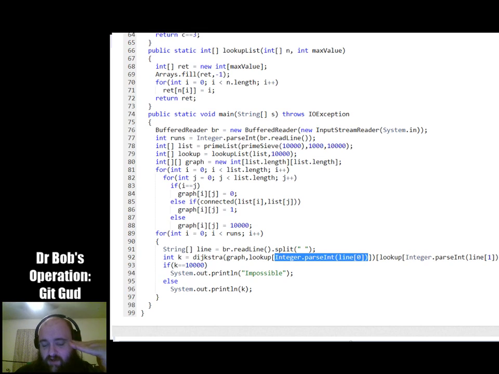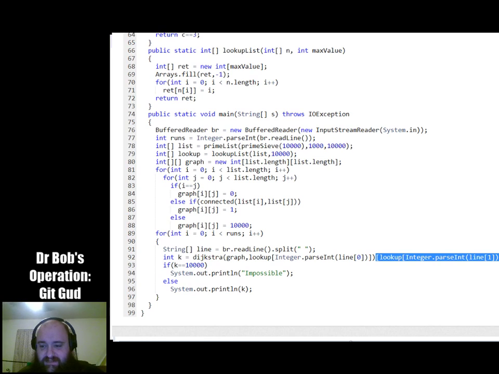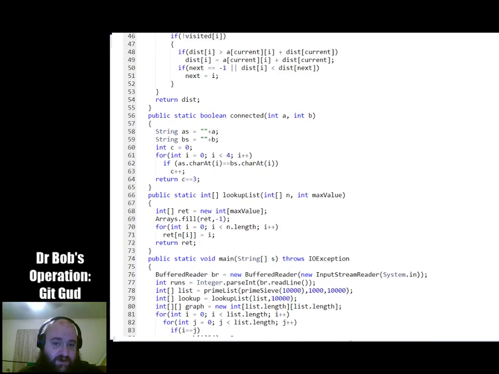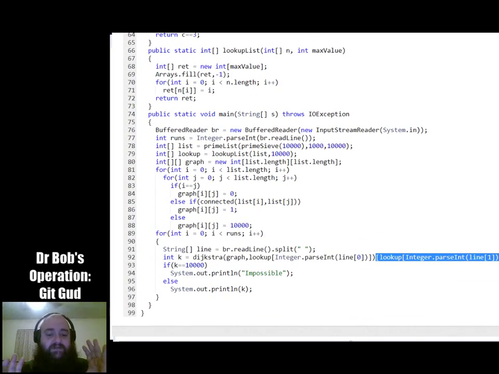I need to find out where that occurs in the list of primes so that I can find what node it corresponds to in the graph. That gets passed into the function, and the Dijkstra call actually ends right here. And then the next part is indexing into the array, because the Dijkstra function returns the entire array of distances from that spot. Because as I said, it returns the shortest distance from any node to all the other nodes.